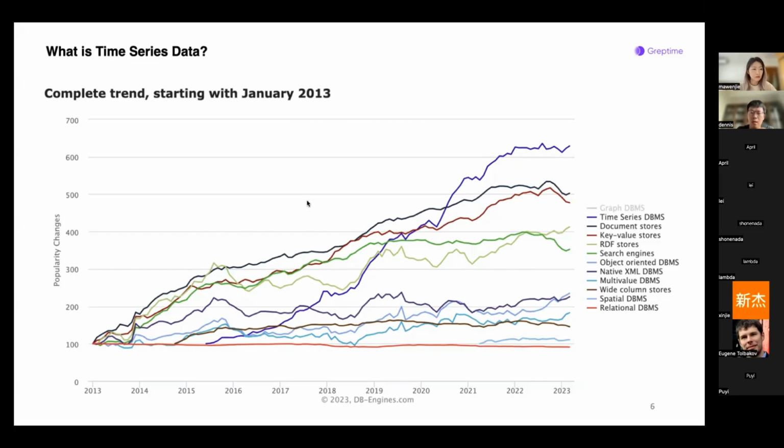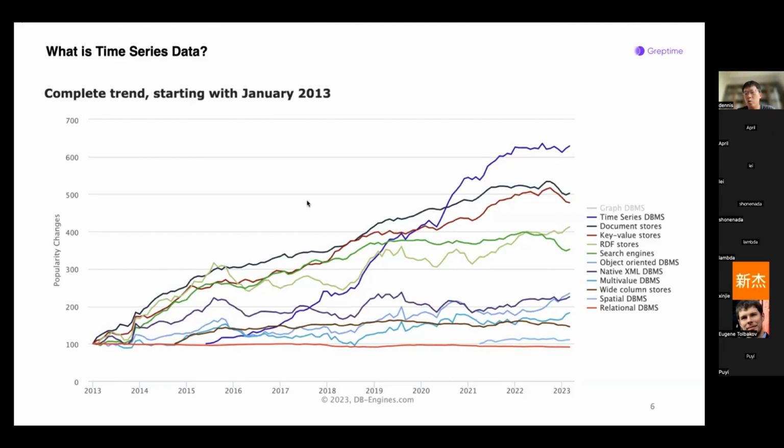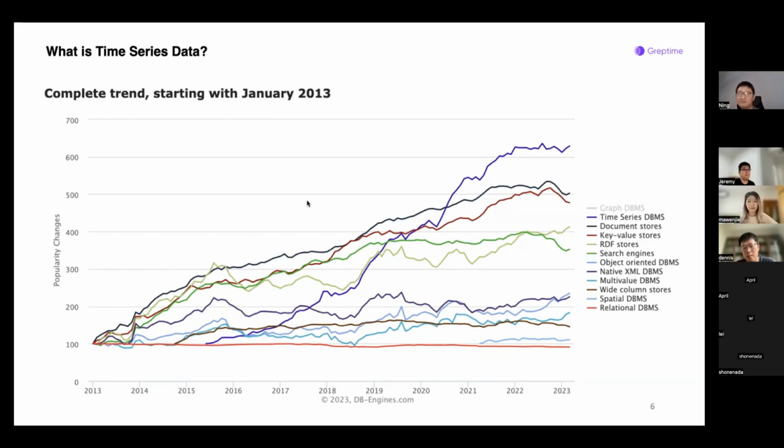Third, the rise of predictive analytics has made time series data an essential tool for forecasting trends and making accurate predictions about future outcomes. Finally, the increasing need for real-time decision-making in fields such as finance, healthcare, and transportation has made time series data analytics crucial for understanding and responding to the rapidly changing business.